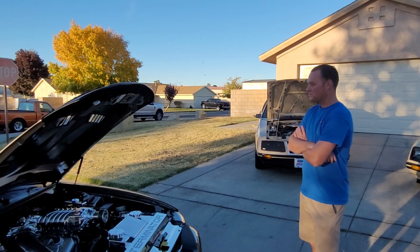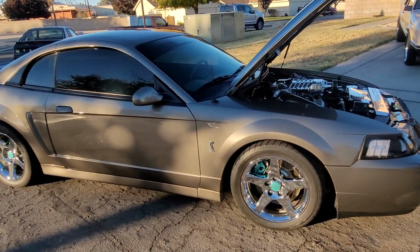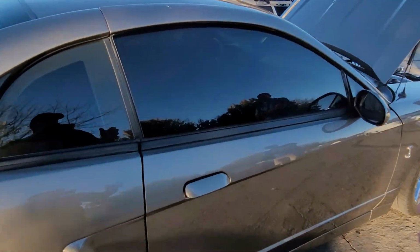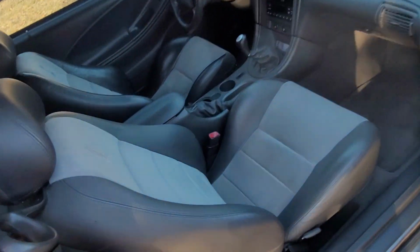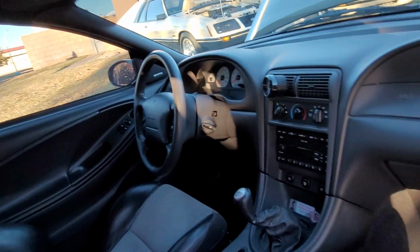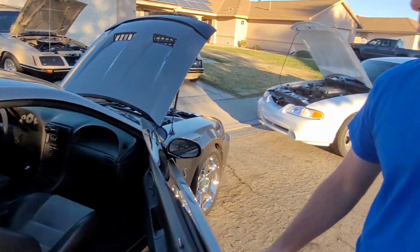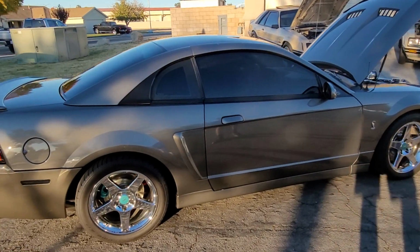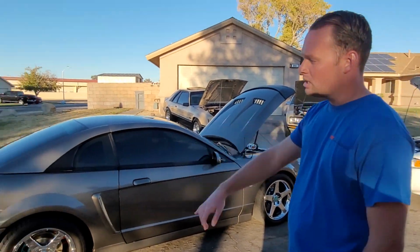Right. And so this car, for those people, it is an original paint car. It's in excellent shape, other than the C-pillars and the C-panels. I think it's open, right? Yep. I mean, the interior is essentially like new. Very well maintained car. He bought this from a guy up in Bakersfield, and well, the rest is history. But this one also has the 99-01 Cobra